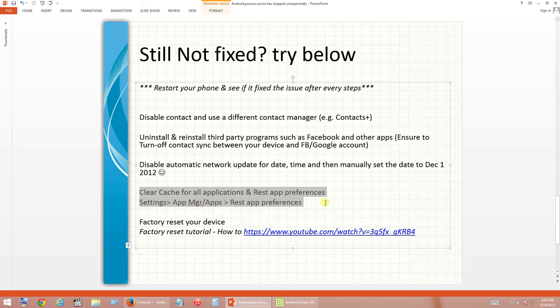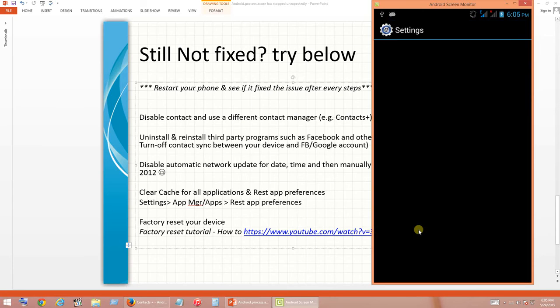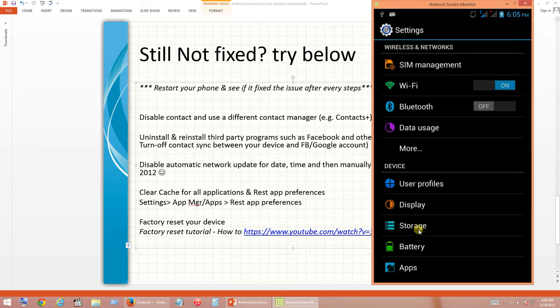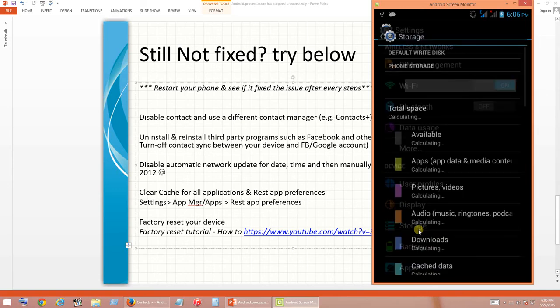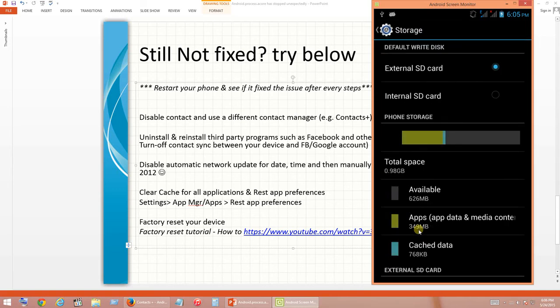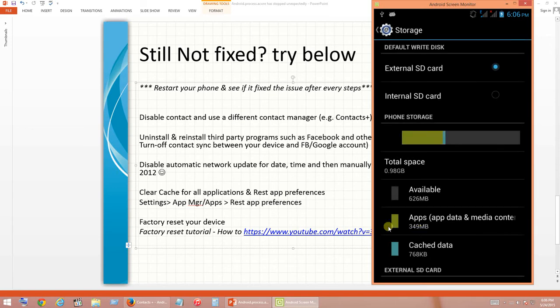The other step is clearing out the cache for all applications and resetting application preferences. I will show you how to do that. Go to settings, storage. There you have an option called cached data. Click on cached data and it will ask you to confirm cache clearing. Click OK, and this will clear out the cache.